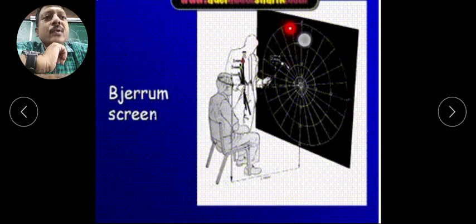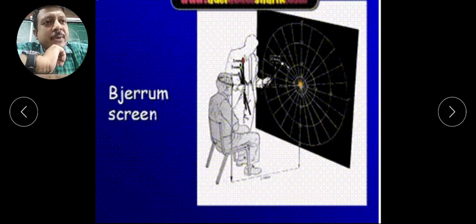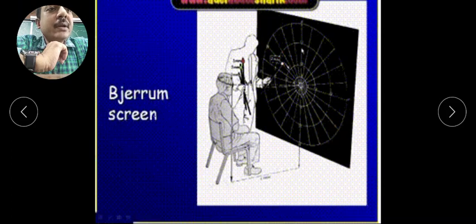These are isopters, okay? The total 360-degree circle of the visual field is divided at 15-degree intervals by radial lines, by longitudinal radial lines. So the total is divided 24 times at 15-degree intervals. This is known as one meridian. This is known as another meridian at 15-degree interval, another meridian, and another meridian.